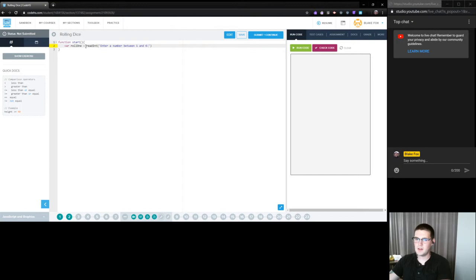And remember, a die can only be read between 1 and 6. Then bar. I'm just going to copy that and then paste it. Roll2, read int. Okay. Bar rolled doubles equals